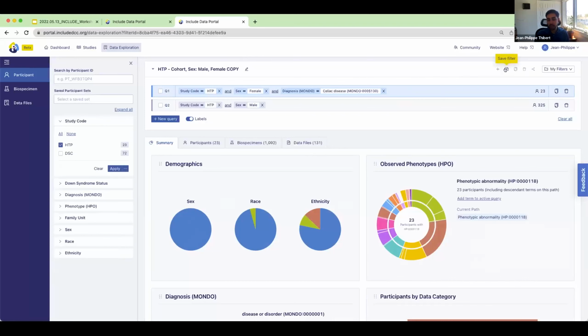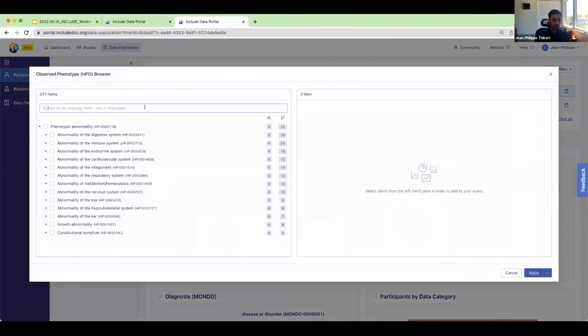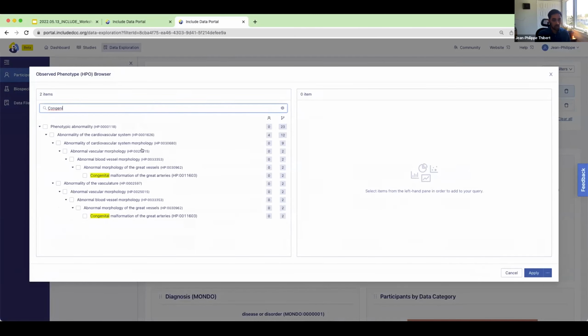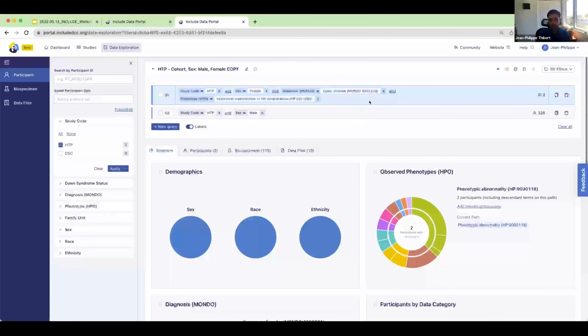So once you do a modification, you could save the filter, and now it's saved. And let's say you have a saved filter and you do some modifications to it. So let's say we go back here. Actually, let's go in HPO. And let's do congenital malformation of great arteries. So if we add that,